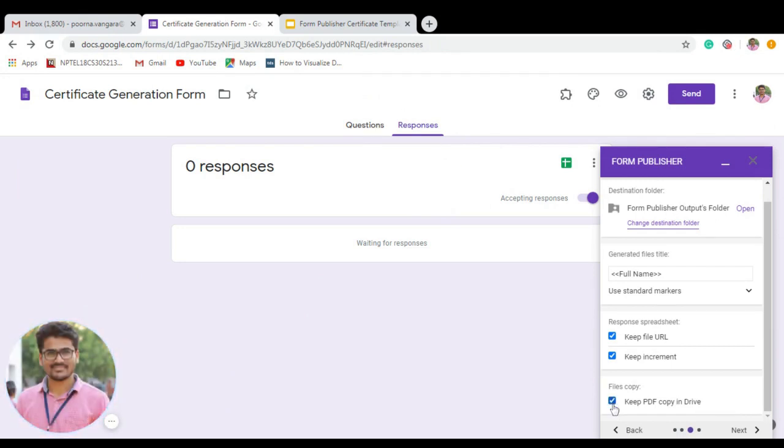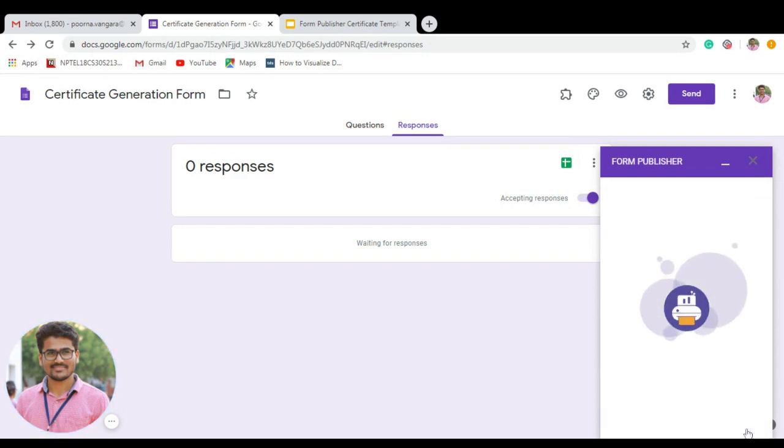Please remember, what document you want to store in Drive, that is the setting here. What document you need to send is not the case here. What document you need to store in your Drive, that is what this option is. Whether you want a PDF in your Drive along with slides. If you want PDF, just click this. Otherwise, you need not click this. So let me click this. Next, click on next.